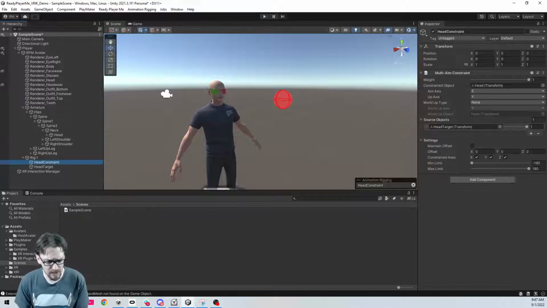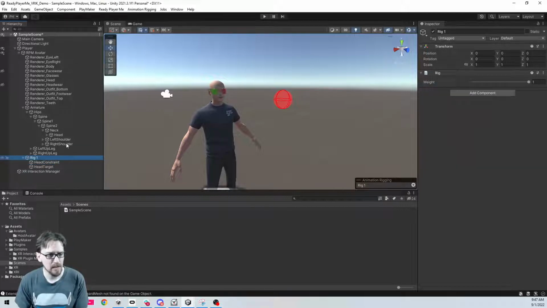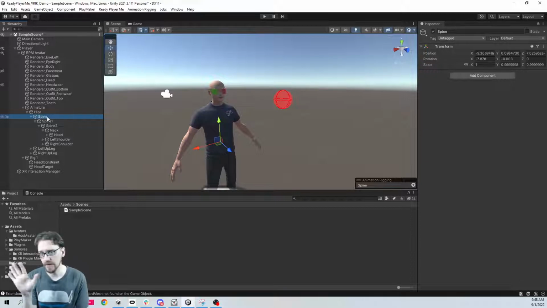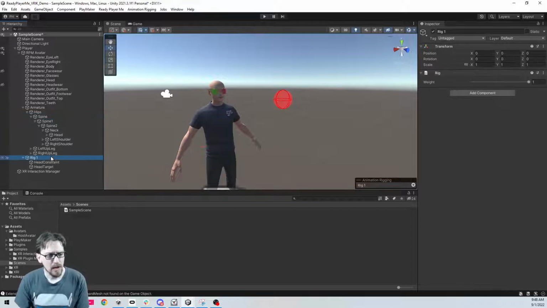All right, so let's do the spine next. Let's just go top to bottom. So if we look, we have 2 spines, 3 spines. You don't have to adjust these, but I'm just going to show you what it would look like if you did. Oh, I'm just going to glance at my other project. Did I end up sticking with mine? So I ended up just doing spine 2 and spine 1. I didn't bother with the spine, maybe just because it's so close to the hips. But you can do all of them, and that just makes the looking a lot smoother rather than just the head looking back.